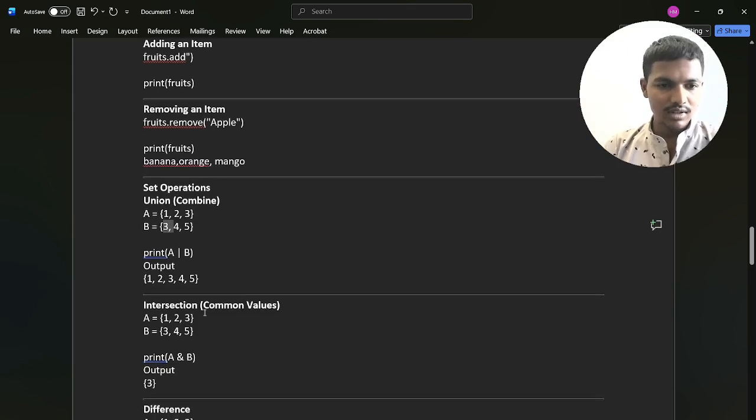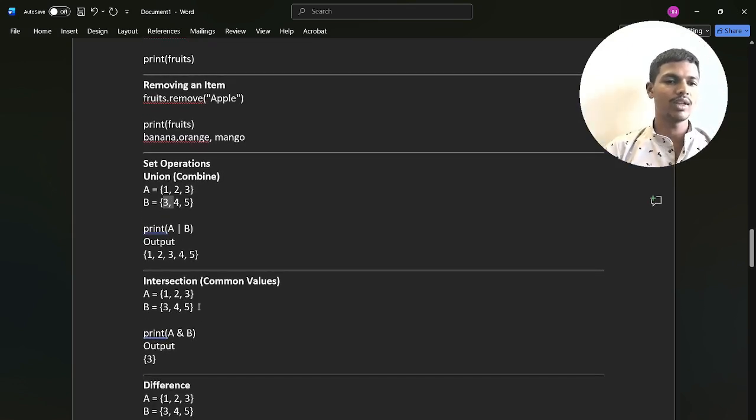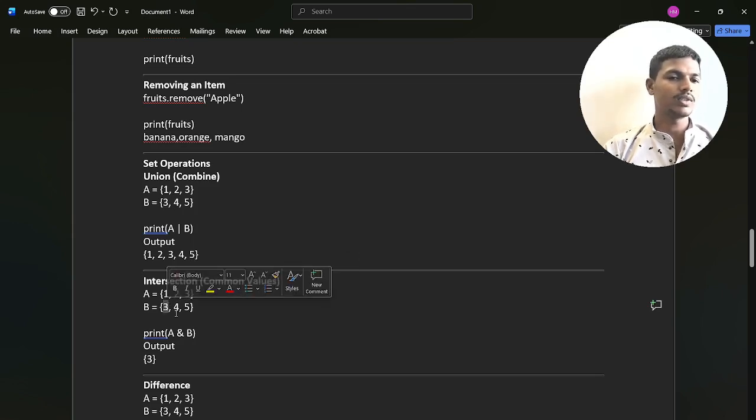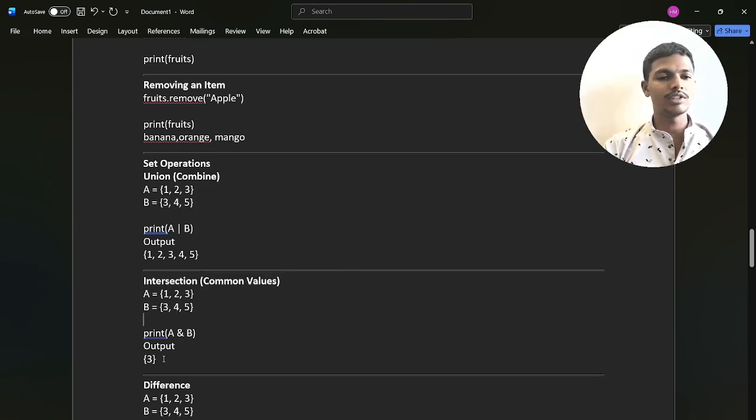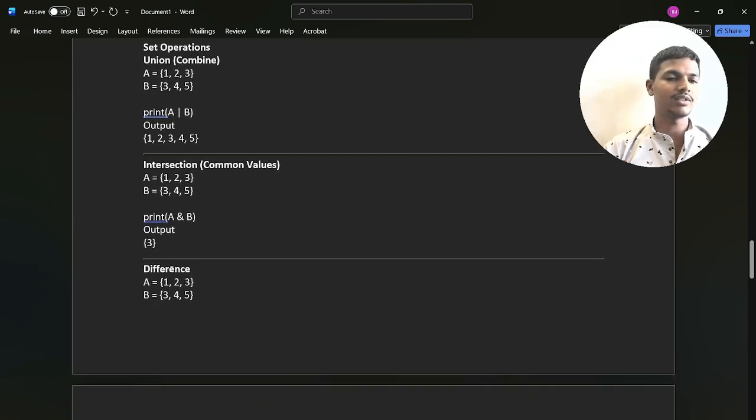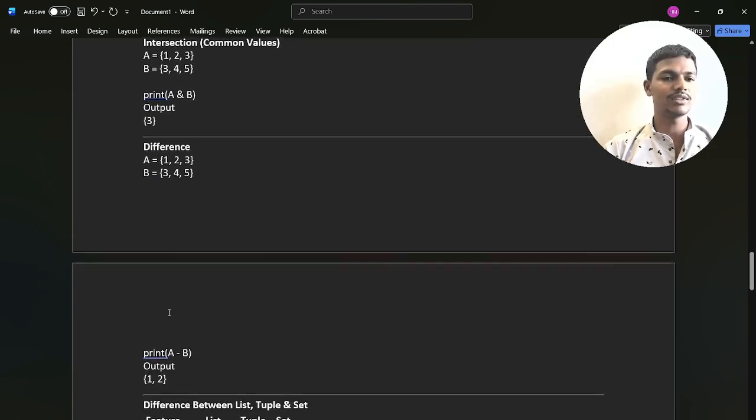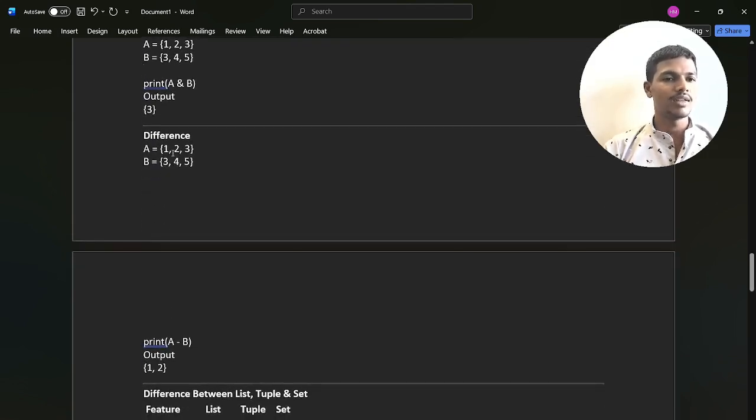Right now, intersection means 1 2 3 4 and 1 2 3 3 4 5. Intersection means what are the common values in both sets? Can you tell me in the comments? 3 is common, so the value 3 is displayed in the output. Then difference, 1 2 3 4 5 6. What is the difference? Right now we are comparing A difference B, because 3 will be cancelled and it will display only 1